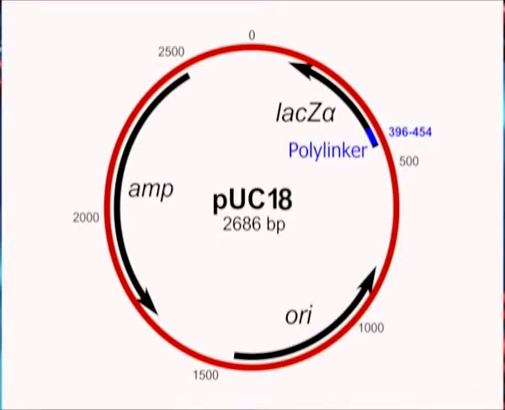pUC18. The pUC plasmid is a more advanced vector and is a derivative of pBR322. It is a high copy number plasmid. It contains genes for resistance to ampicillin and for the enzyme beta-galactosidase. The major difference between pBR322 and pUC18 is the presence of this E. coli beta-galactosidase gene, into which a multiple cloning site is inserted, which contains unique restriction sites useful for inserting donor